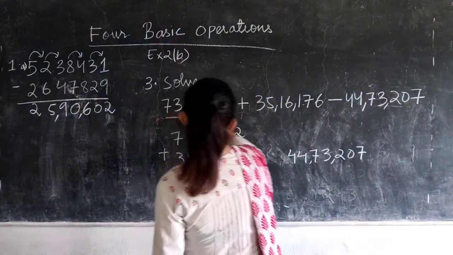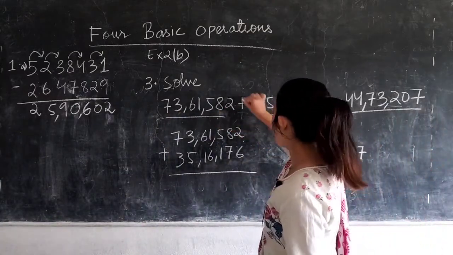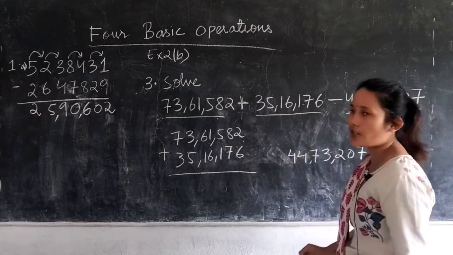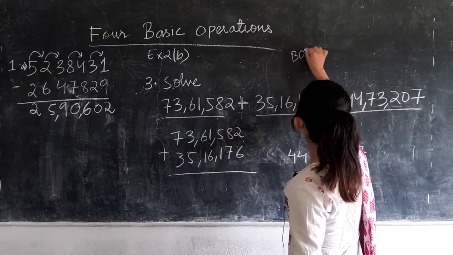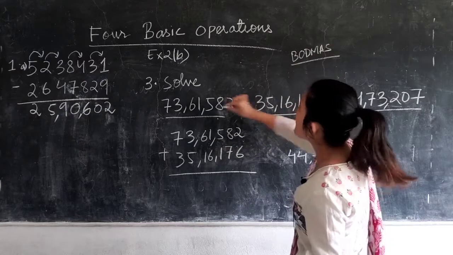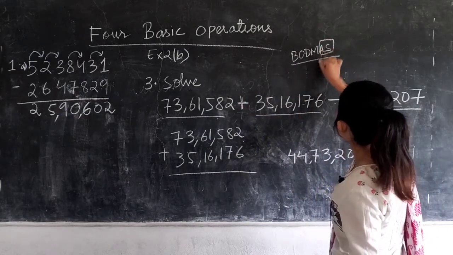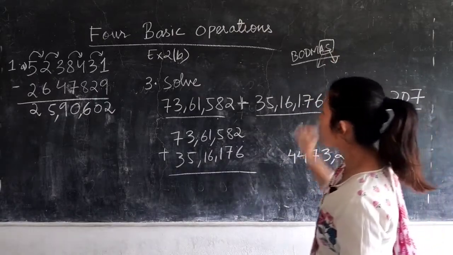You are given here 3 sets of numbers, but the initial 2 have to be added and the third one needs to be subtracted. Now how do you do it? According to your BODMAS rule, I think you all have already done BODMAS. So in a set of questions, if you have addition and subtraction, then first you need to add, only then you can subtract, right?